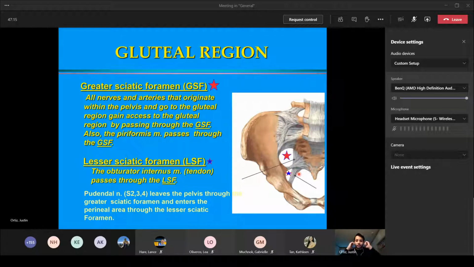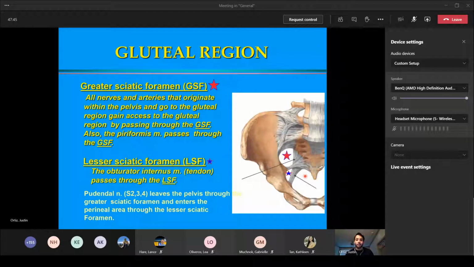So the pudendal nerve is actually really interesting. I put a picture of it in these next coming slides, where the pudendal nerve just goes in through the greater sciatic foramen and then comes back out through the lesser sciatic foramen. So it kind of makes a 180 degree turn. It goes like this and comes back into the genital area, right? So it goes out here and comes back in. That's why it goes out through the greater sciatic foramen and then goes back in through the lesser sciatic foramen. So these are going to be important to know, as well as the obturator internus,